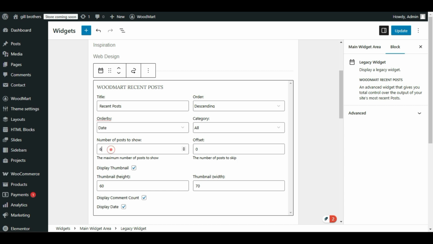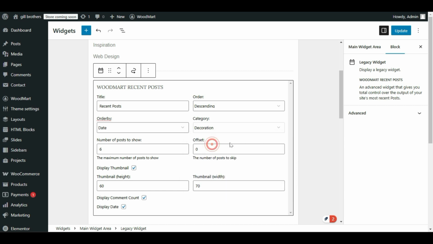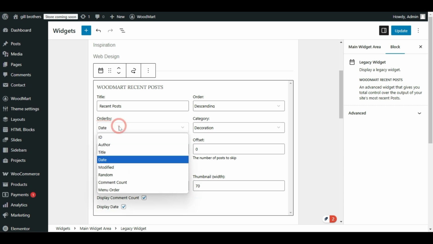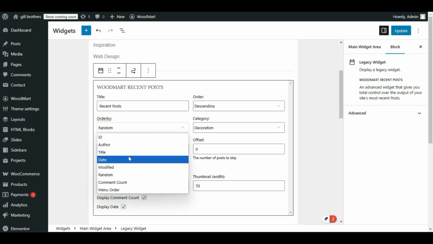So let me select 6 here. Even you can select a particular category for recent posts. If you want to display recent posts from decoration only, then you have to select decoration in the category option. Order by date, you can even order here random, title. Okay,